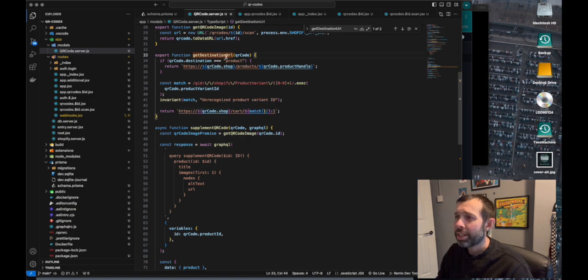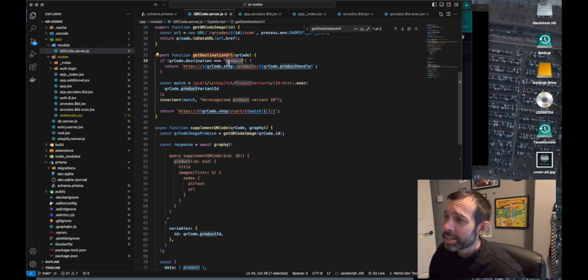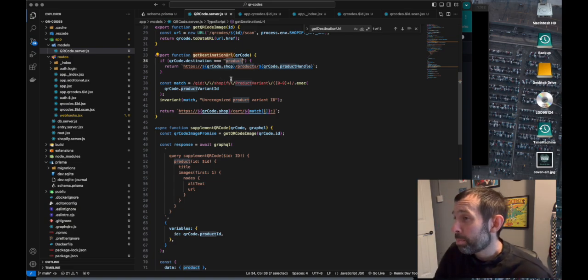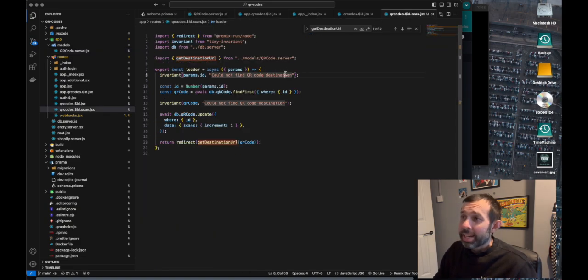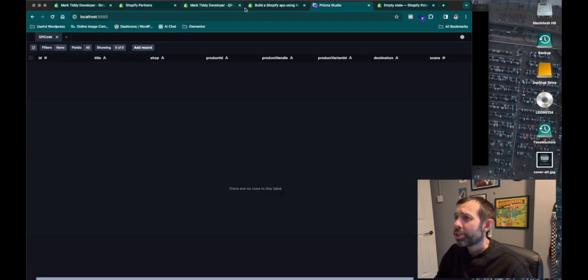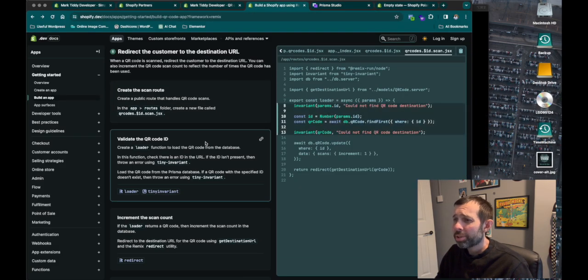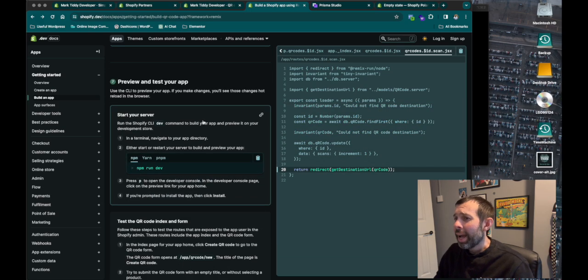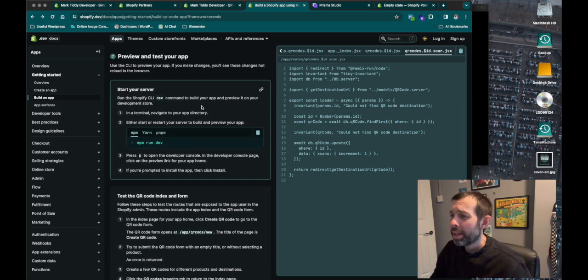So that is our get destination URL function. If we're just sending them to a product, we just do that. If we are going to add it to the basket and then send them to the checkout, we do that. And that is our scan function. So finally, let's go back to our Shopify app tutorial, which again talks you through all of this. And then finally, it says preview and test it,